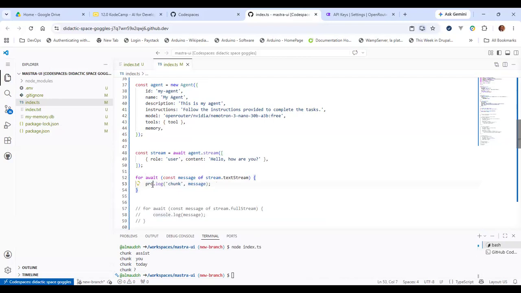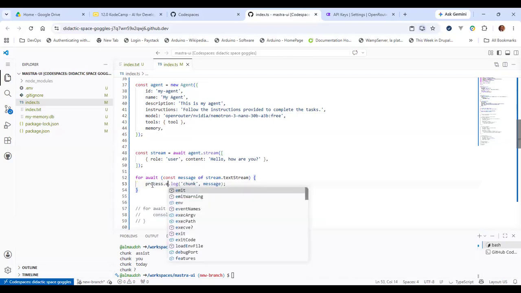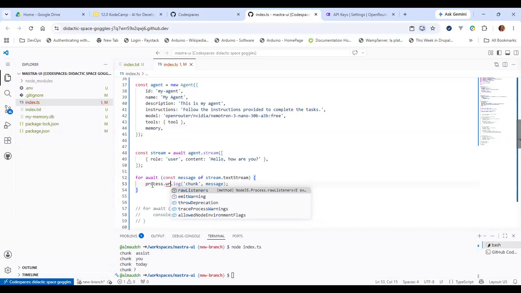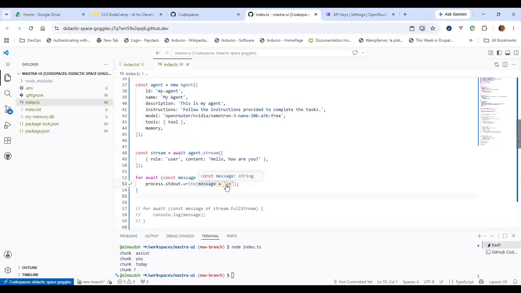You rather want to do process.stdout.write, standard out. Yes, okay, I forgot that. So we just print out just the message. This slash n will make each one come out on the next line, which is not what we want.